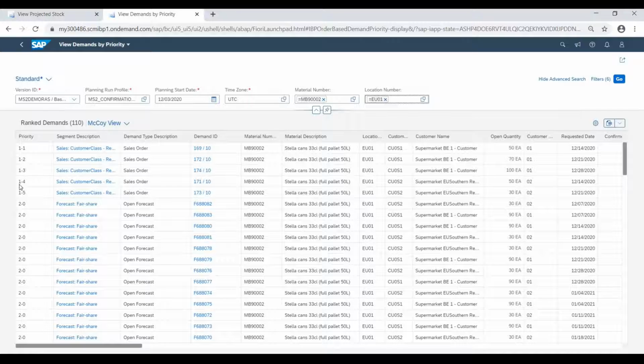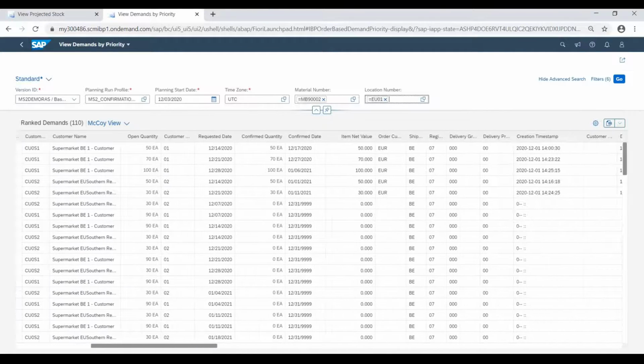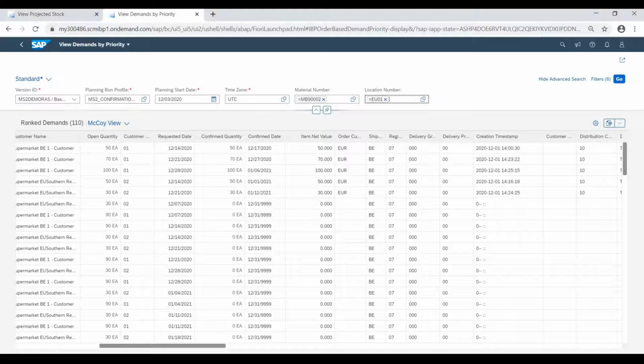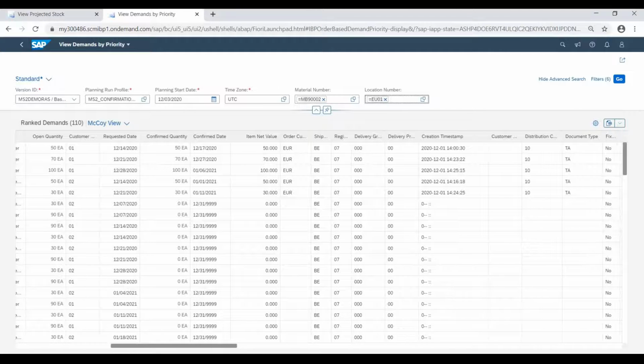And here you can see that we have two different segments, a segment for sales and a segment for the forecast. And in the segment of sales, we have more different segments. So for example, we want to sort for the customer class, also the requested date, and that's why we have the 1.1, 1.2, 1.3 priorities, etc. And if we scroll, we can see information about all these prioritizations.